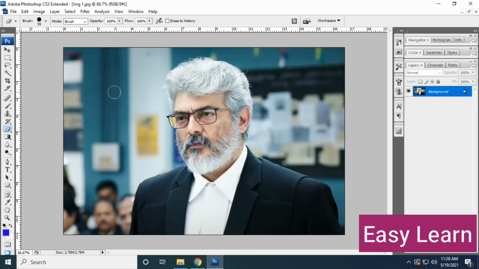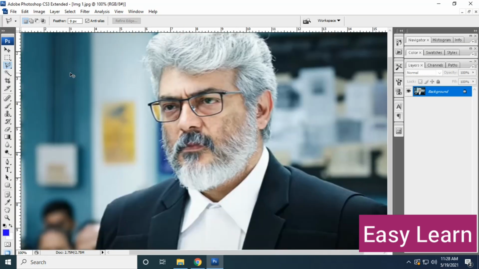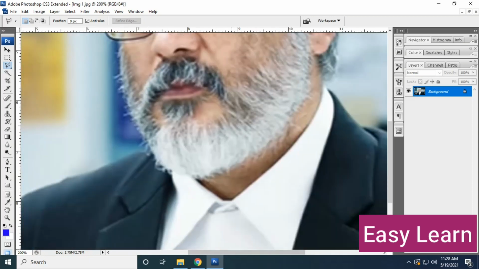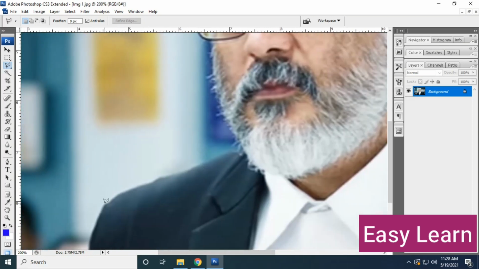The same image we are going to apply the polygonal lasso tool to. Now I am selecting polygonal. On top we have an option called feathering. Feathering is nothing but smoothening the edges. We also have the options add selection and subtract selection, that is deselecting. I'm changing the feathering option. I have assigned 5 for feathering. On the left you have new selection, add selection and subtract selection also.